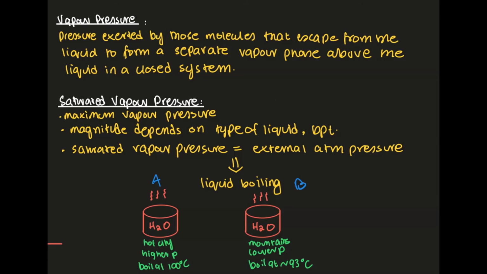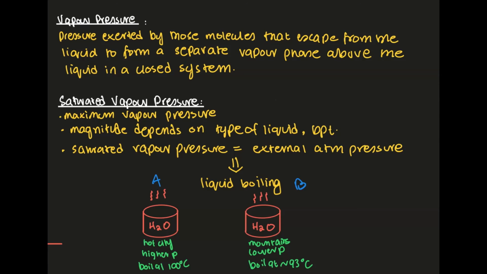So at the top of a mountain, the pressure is going to be lower. Whereas if you're in a city, the pressure is going to be higher, right? So if the pressure is higher, then in order for a liquid to boil, like we discussed previously, the saturated vapor pressure needs to be equal to the external atmospheric pressure, right? So since there's a higher pressure in a warmer city, you're going to need a greater pressure to be able to match up to that, right? So you're going to heat your liquid for longer to match that pressure, and because of that, the water is going to boil at a greater temperature.